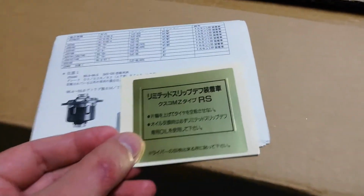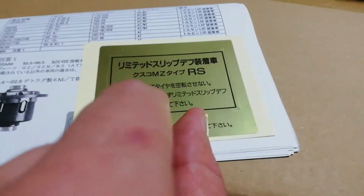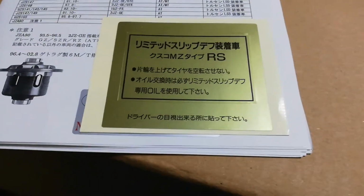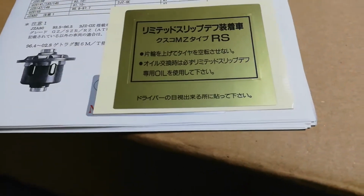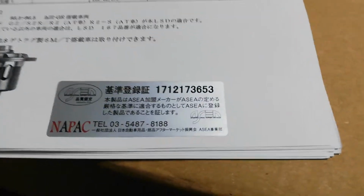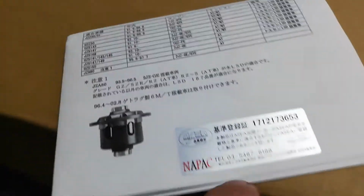It also came with this sticker here, which I translated with Google Translate Live. You're supposed to put it somewhere on your car, but it basically says that this car is fitted with a Cusco RS differential, and that the oil should be changed every 5,000 kilometers, and the oil grade and what setup it has, like what diff it is. I think this sticker is to put on your diff for some reason, and it's got a lot of cool information. I went through this whole thing. It's all in Japanese, but I used Google Translate to get me a rough idea of what exactly is going on with this